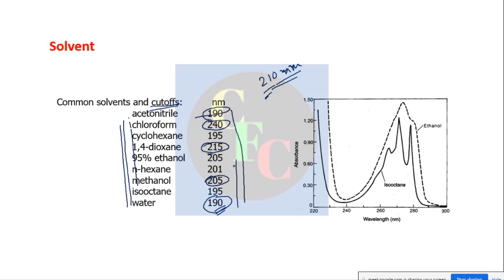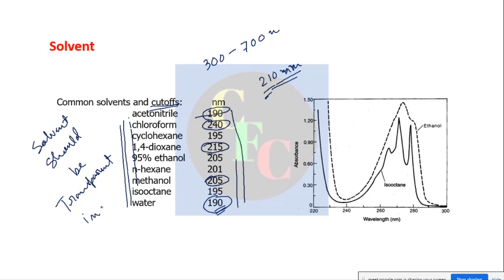Again, this solvent should be transparent in the region that you are studying. If you are studying from 300 to say 700 nanometer, then all these solvents are good because they do not absorb in this region. So the solvent should be transparent in the region of study,